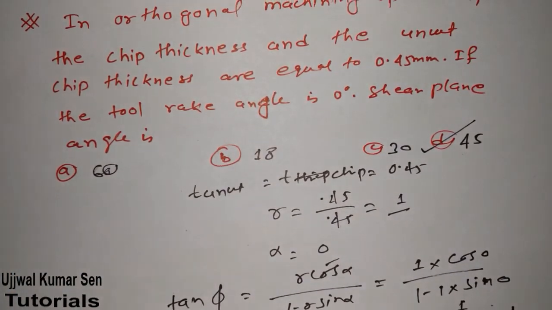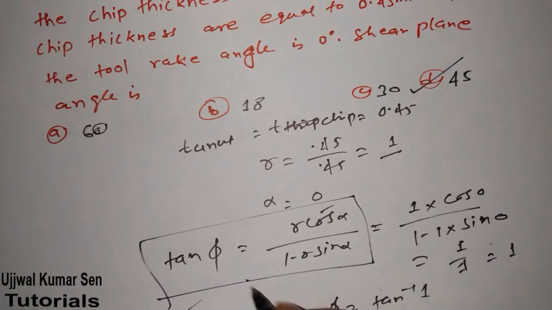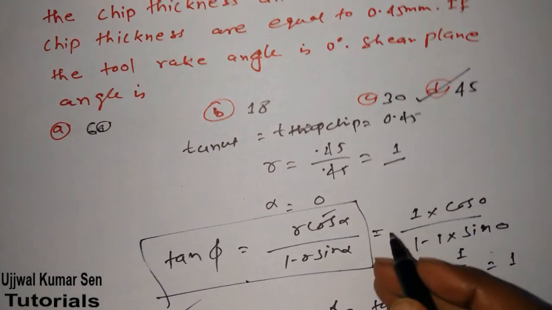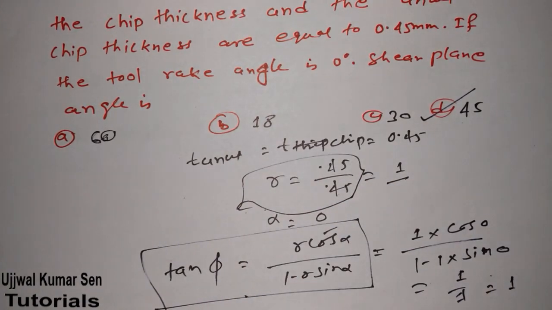So in this way, what exactly am I using? Nothing. I am just using this formula and putting all the values in. And I have already shared with you that they will mix it up with this. Which one is this? Chip thickness ratio. Because they try to confuse you. So this is the way to understand how they can relate formulas together.